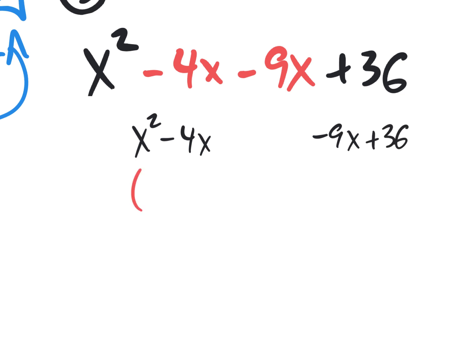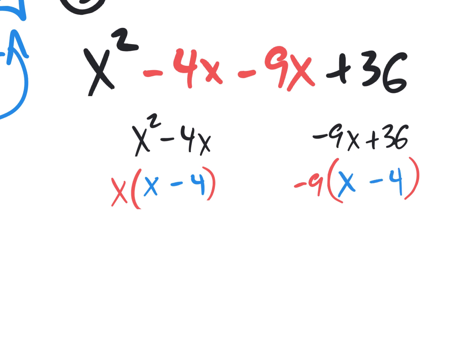Second step in factoring by grouping is factor something out of each group. Right here in the first group, what could I pull out? X. What would be left over on the inside? X times what gets you back to x squared? X. And x times what gets you back to a negative 4x? Negative 4. What could I pull out of the second group? A negative 9. So let's pull out that negative 9, and you will have an x minus 4 left over